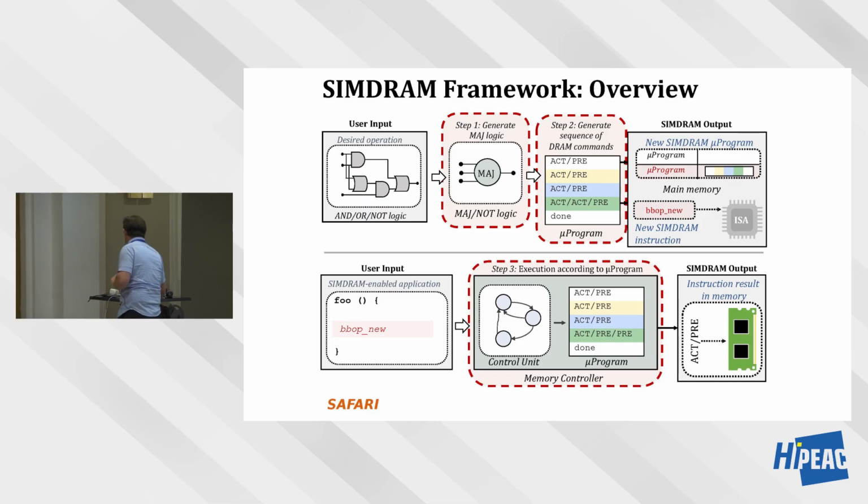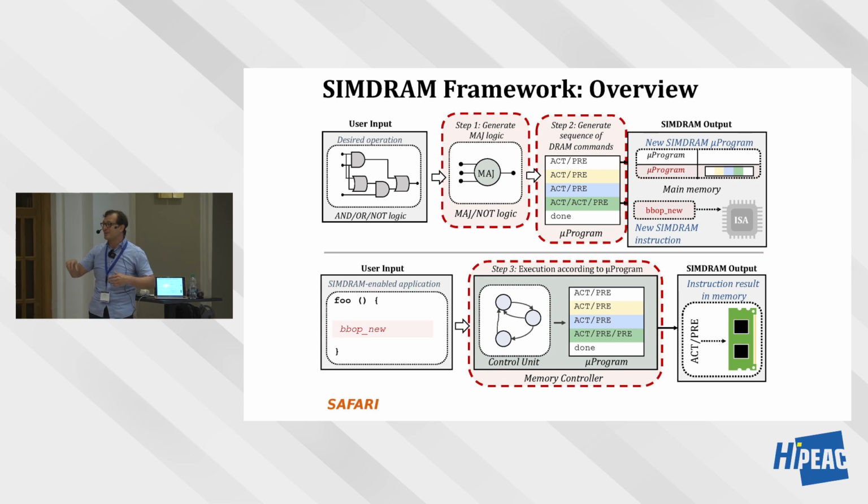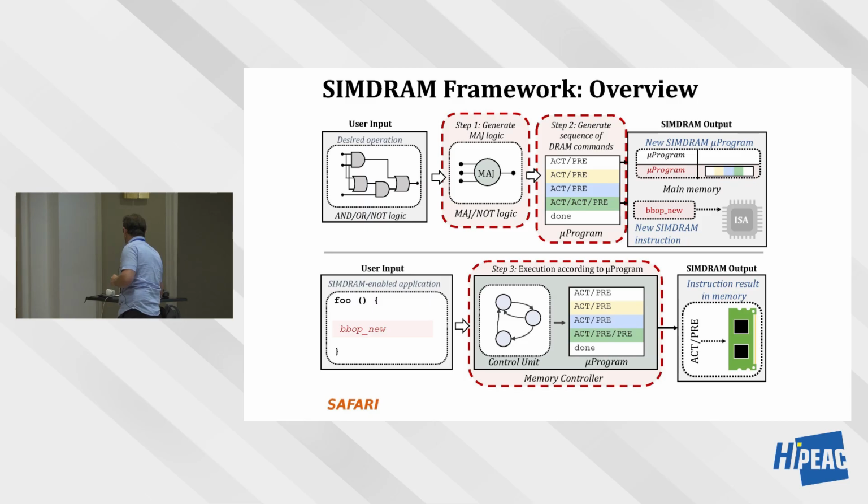It looks complicated, but the user can now specify any desired operation. If they want to do a block bitwise operation, for example, convolution or matrix multiplication, etc., you can specify it using a hardware structure that looks like this, a circuit essentially, AND, OR, NOT logic. We take this using some quantum computing compilers that are developed by EPFL, by Giovanni De Micheli's group. We actually optimize this graph and have a majority-inverter graph. We implement this majority-inverter graph using DRAM commands, using RowClone, triple row activation, and we do some allocation, etc., register allocation. And then we create a microprogram associated with that instruction.